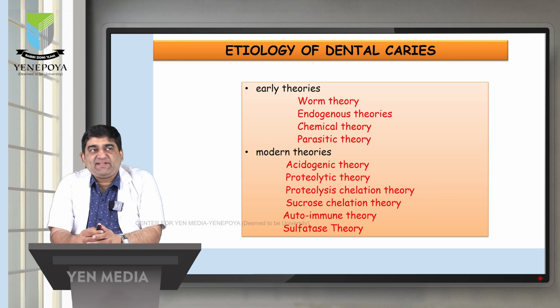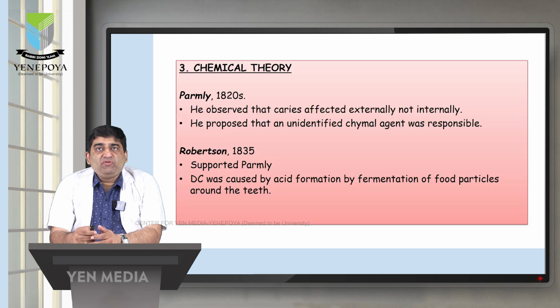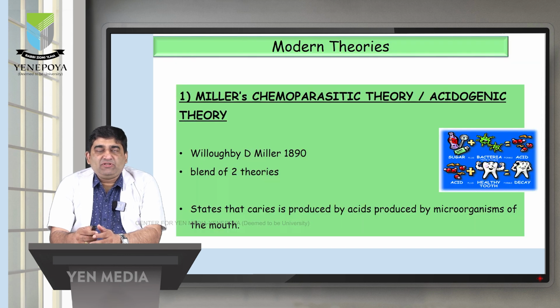Coming to the etiology of dental caries, the theories of dental caries: the early theories are the worm theories, endogenous theories, chemical theories and parasitic theories. Modern theories are the acidogenic theory, proteolytic theory, proteolytic chelation theory, sucrose chelation theory, autoimmune theory and sulfatase theory. We won't go into the early theories. We will come to the modern theories, out of which Miller's chemico-parasitic theory or the acidogenic theory is the most commonly accepted theory. It was proposed by Willoughby D. Miller in the year